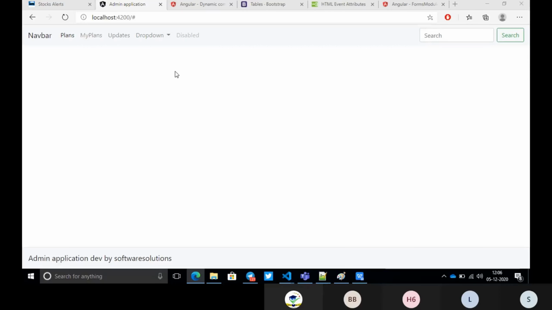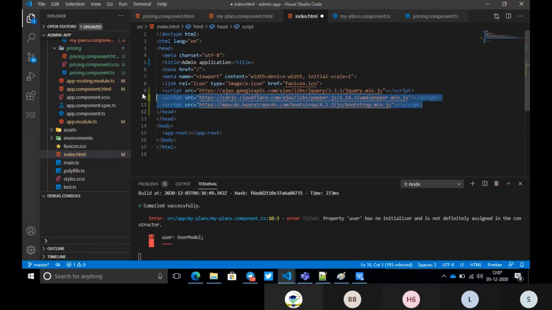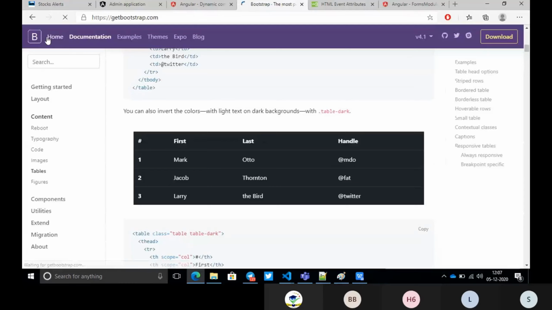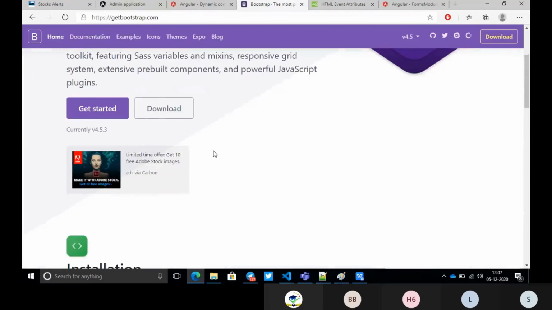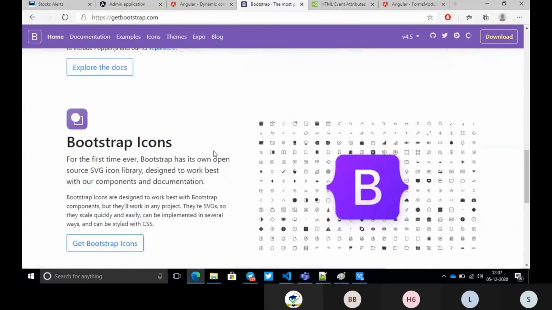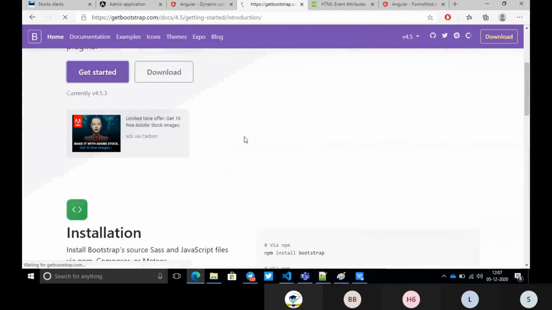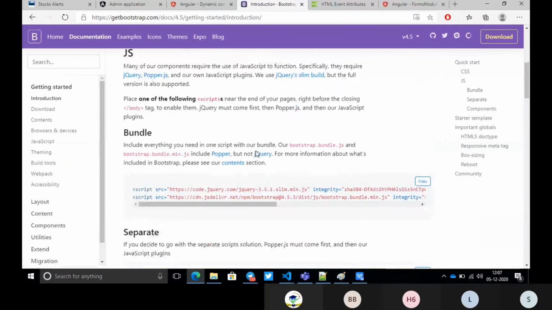So what you need to do is add these 3 lines of code to your index.html. And you can ask, sir, where can I find these 3 lines? Just go to the Bootstrap home, getting started, and here itself you can see these 3 links.